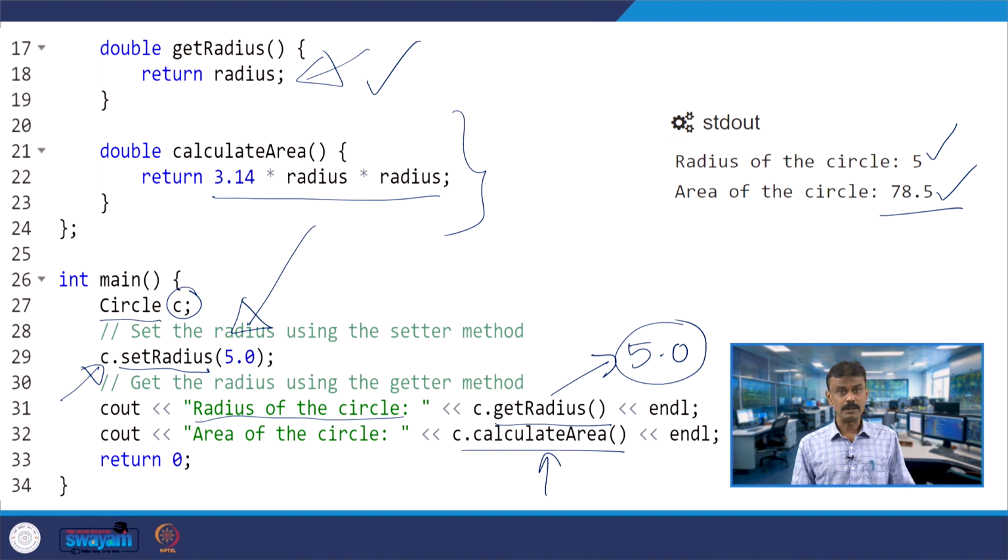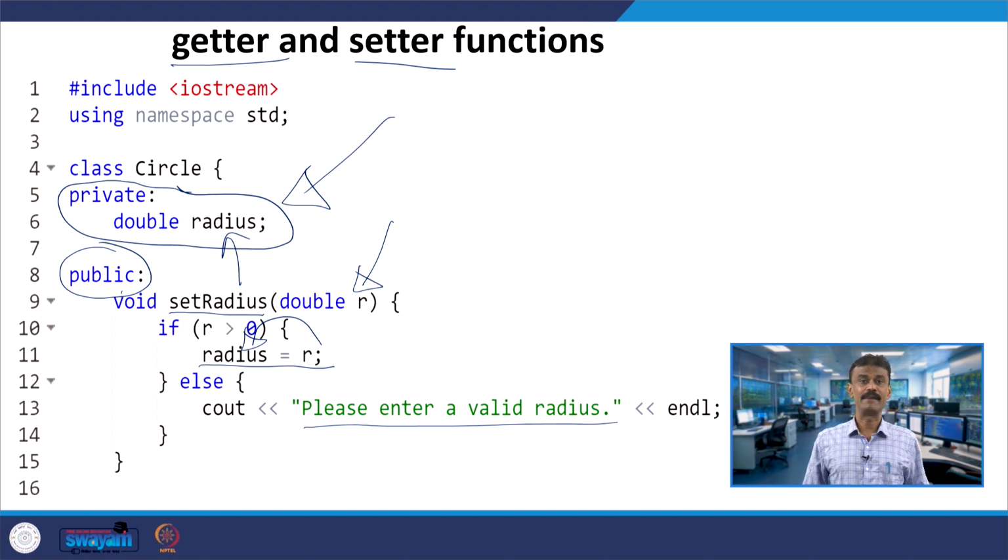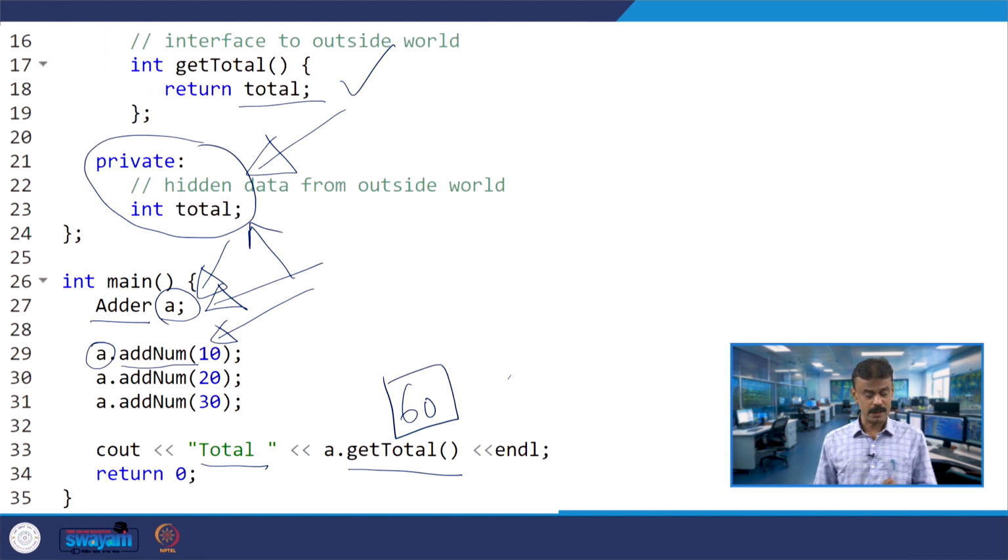So, in both the programs, what we are doing is hiding the private member data. You can even have a private member function, which cannot be accessed outside the class. So you are hiding all of it. This concept is called data hiding, and on the whole this is called encapsulation. You are protecting the data so that no one can unnecessarily misuse it: here in this program the radius, and in the previous program the total.